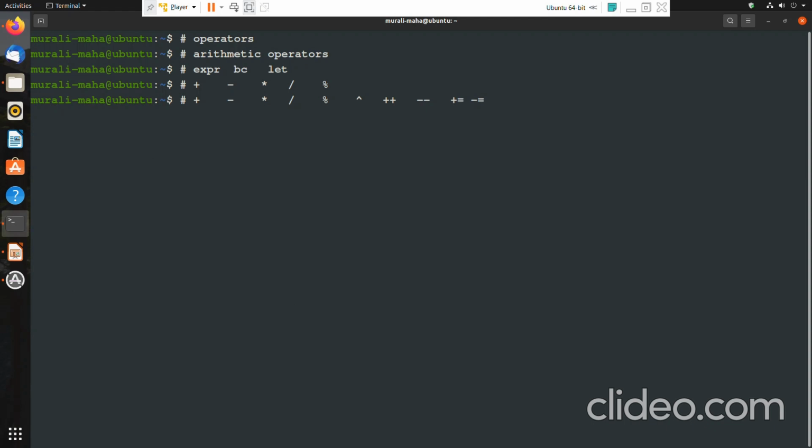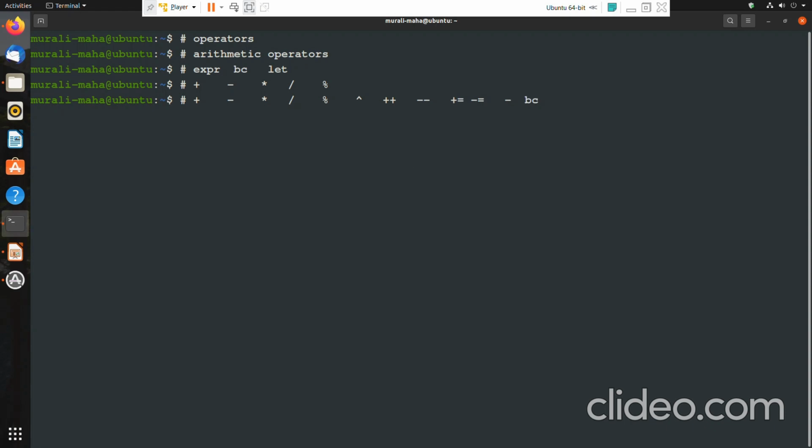All these shortened assignment operators it supports. That is the bc command. Okay, bc command supports all these operators.